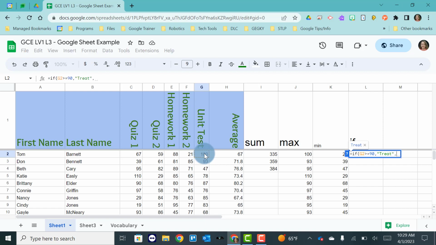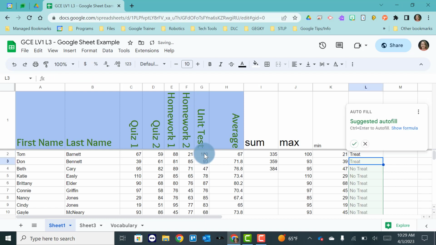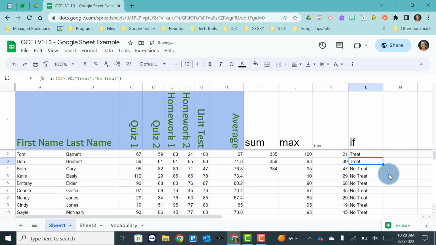Okay, and then if it's not, I'm going to put a comma, "no treat", close parentheses. Okay, and when I hit enter, it again does the autofill option,